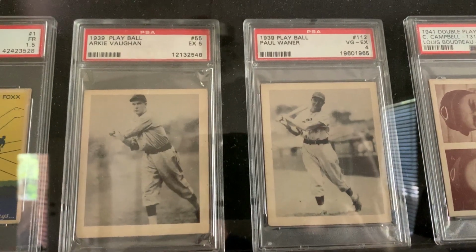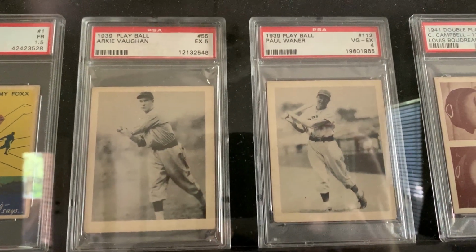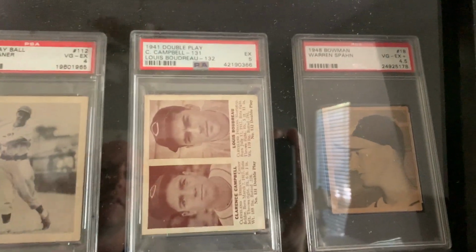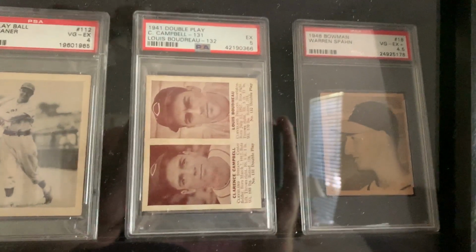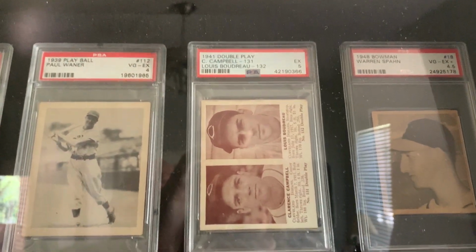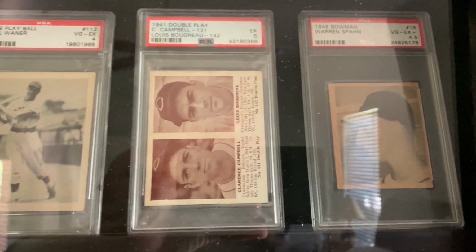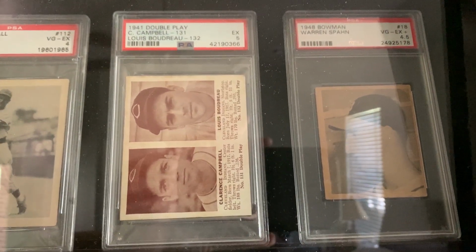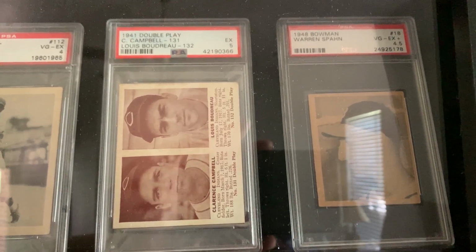This is the set that has the Ted Williams and the Joe DiMaggio first cards. Pretty rare card here too of the 1941 Double Play. This is the Lou Boudreau registry card, and then you can see the 48 Bowman Warren Spahn up there as well, and Spahn is in the 300 win club